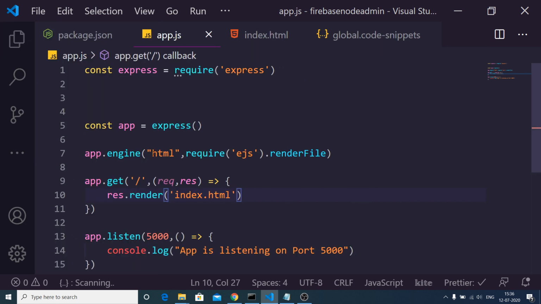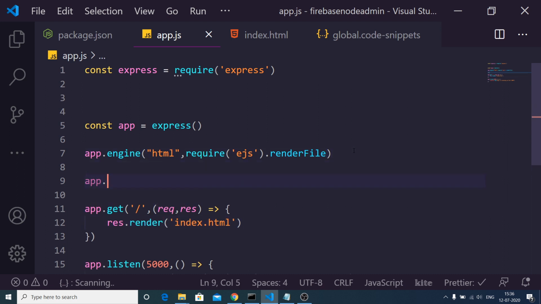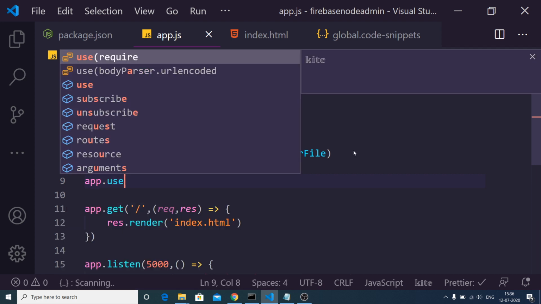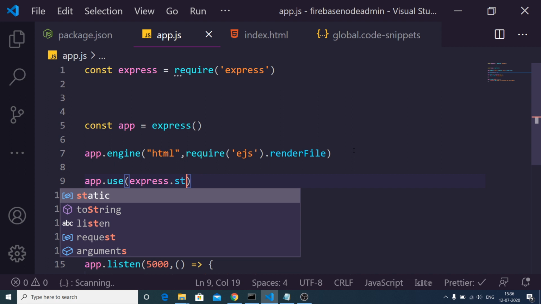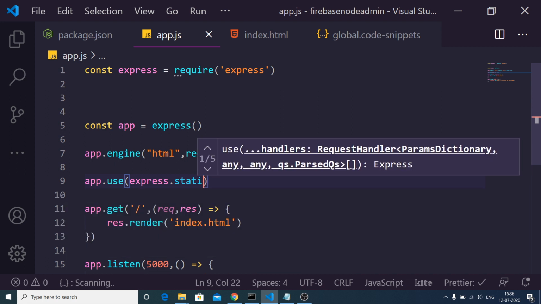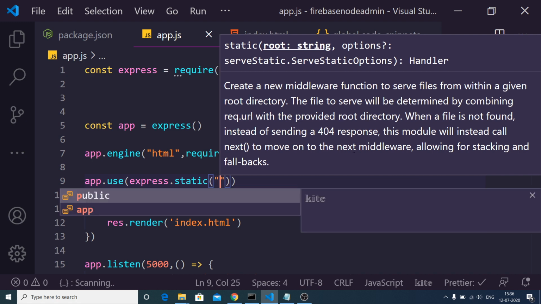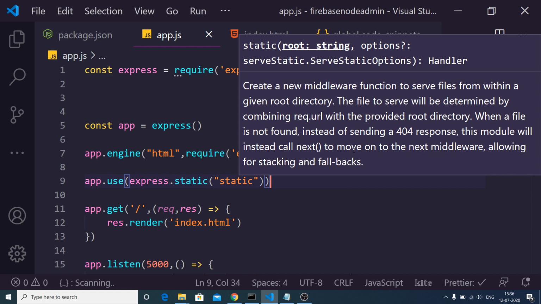And now to make sure that Node.js is aware of this directory, we use a simple line, app.use, and we will use express.static, and here we will pass our directory name, which was just static. That's it.